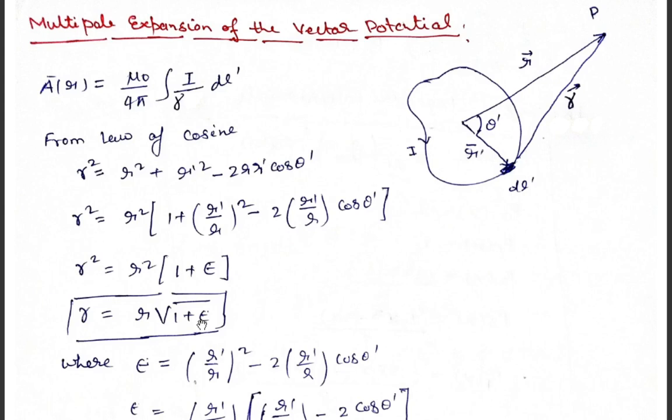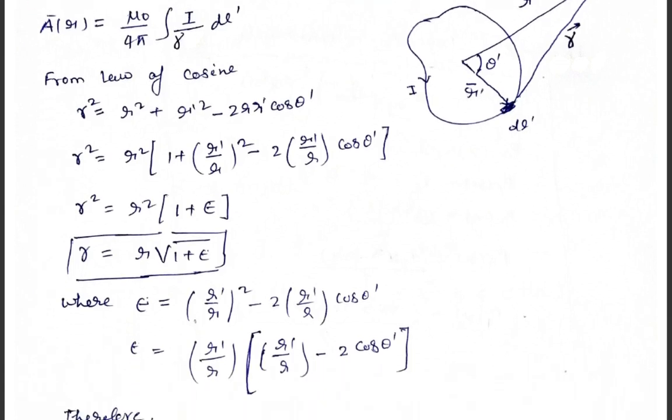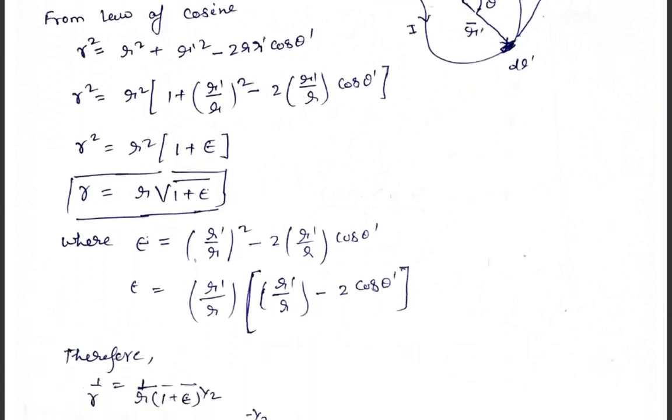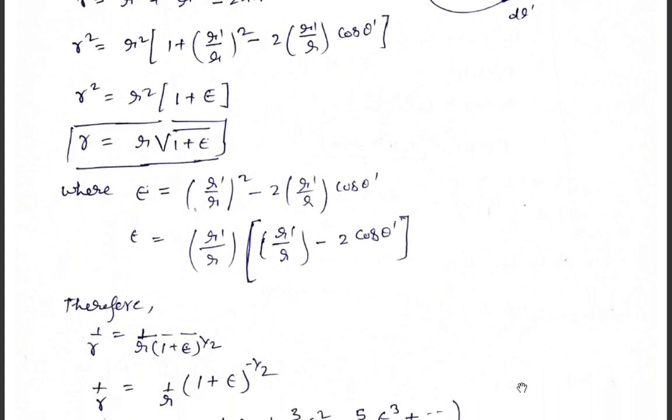So this is the value of gamma. Why have I done this? Because we have to find the 1 upon gamma, so that is why I have taken this gamma. So where epsilon is equal to (r prime upon r) whole square minus 2 r prime upon r cos theta prime, or if we simplify this value of epsilon,